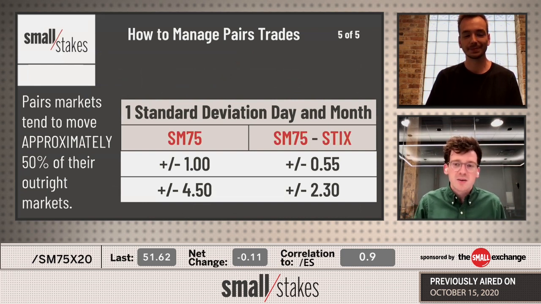And we found that these pairs markets in the equity index futures, they move about half of the outright markets. So whether you're trading short term on a daily basis, and you're used to, $1 give or take on SM75, about a 2% move on a daily basis, I would look for half of that in the spread markets. And so whatever your mechanics are for trading outright equities, I would attribute those to the spread markets, but just cut those expectations in half. Same on a monthly basis, you're seeing this movement cut in half as well, which is a great selling point for why you should trade pairs,